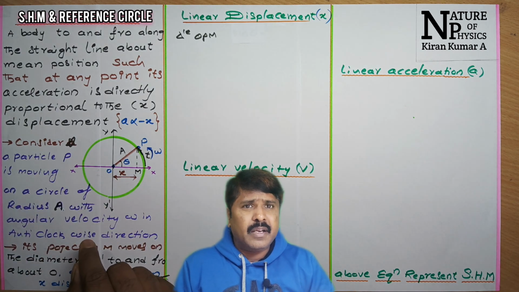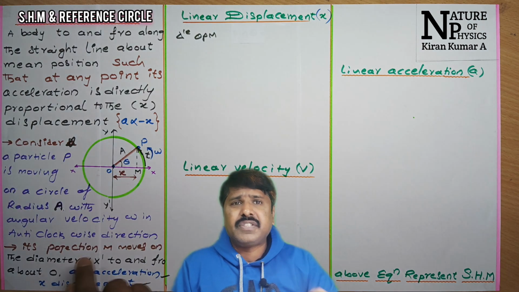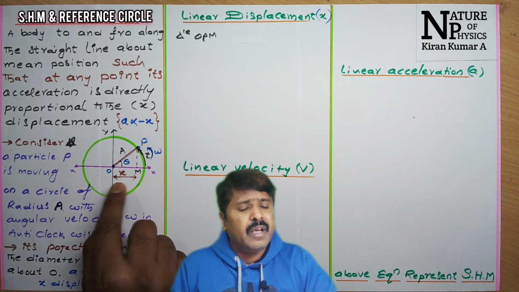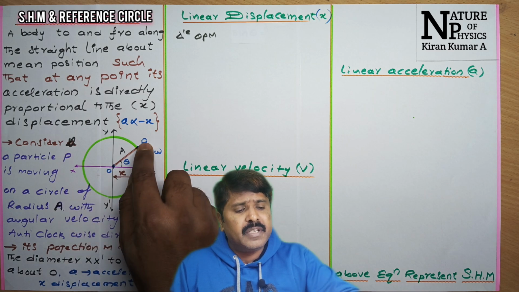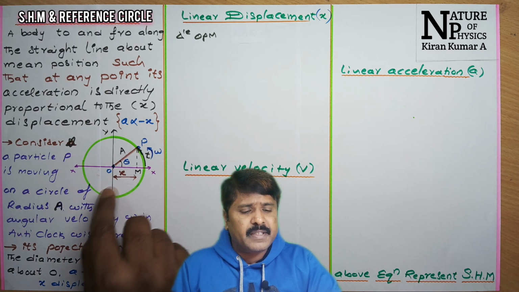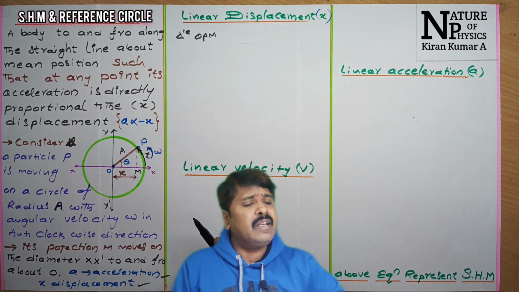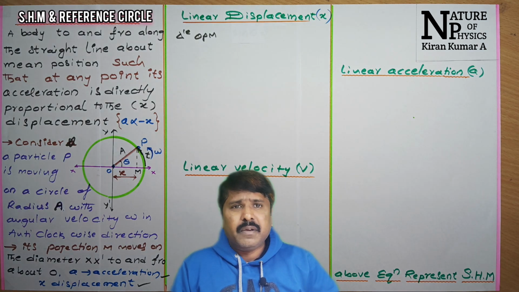And also, in the definition, the acceleration of the projection of the particle is always directly proportional to the displacement. Here the displacement is clearly represented with respect to the P position. From the diagram, OM represents x. So first we find the linear displacement, then linear velocity, then linear acceleration, and finally we will get the